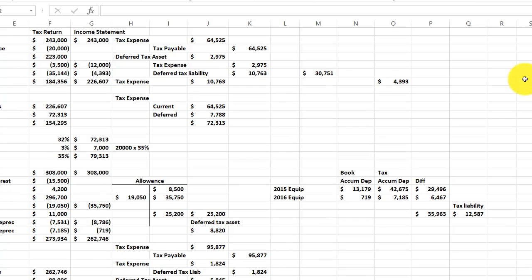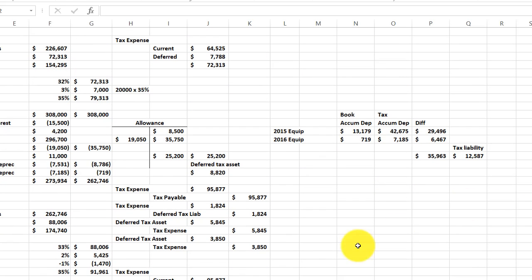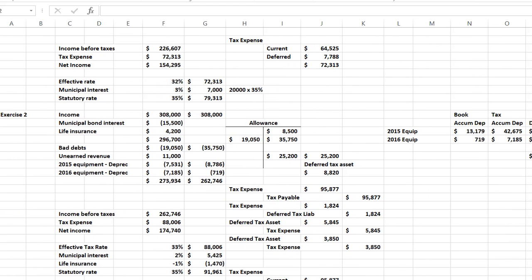But remember, we already had a deferred tax liability of $10,763 from last year. So we only need to increase it up to the 12. So we only need to credit it $1,824. So that was the depreciation deferred tax liability journal entry, then the bad debts, and then finally the new one,